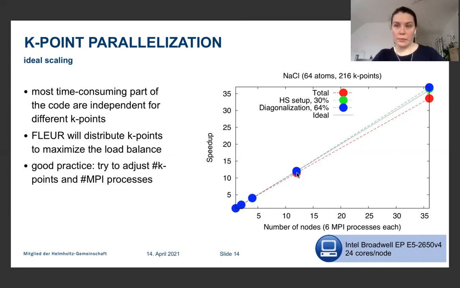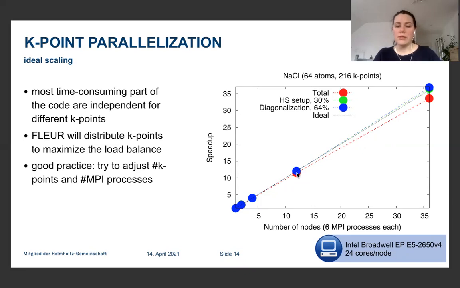So if you have a system with several k points, make sure that you use this parallelization. And try to adjust the number of k points to the number of MPI processes. What do I mean? FLEUR will try to distribute your calculation in such a way that the load balance is maximized. That means if you have, for example, 4 k points and you start your calculation on